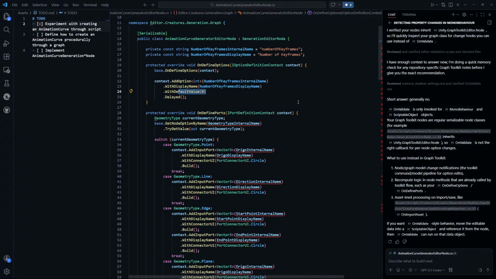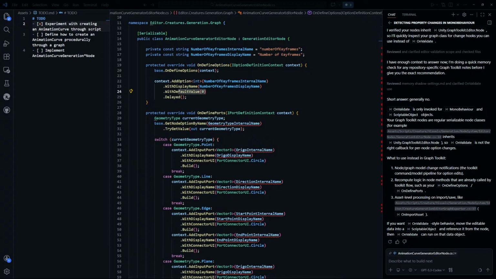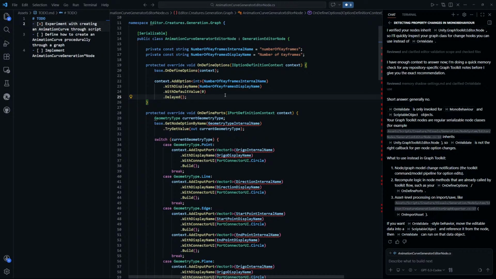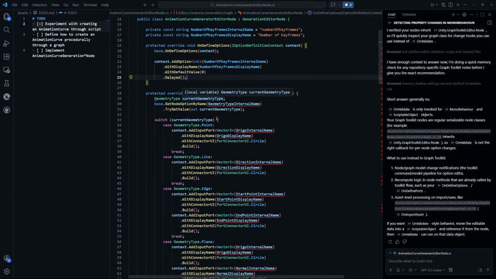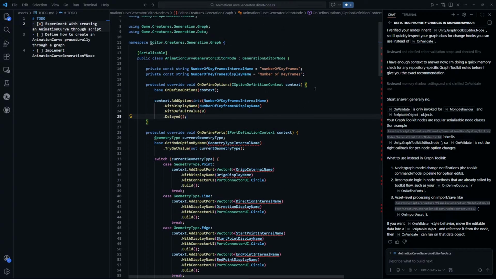These are the center keyframes, so we always have a start keyframe and an end keyframe. But then we have a varying number of middle keyframes, right? And depending on what we choose here,